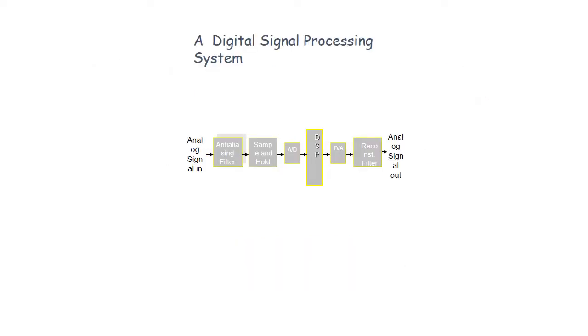So, the digital signal processing system. When we pass an analog signal as input, we get an analog signal as output. To get this, first the analog signal, that is the sine wave signal, is passed into the anti-aliasing filter. Anti-aliasing filter means it has the